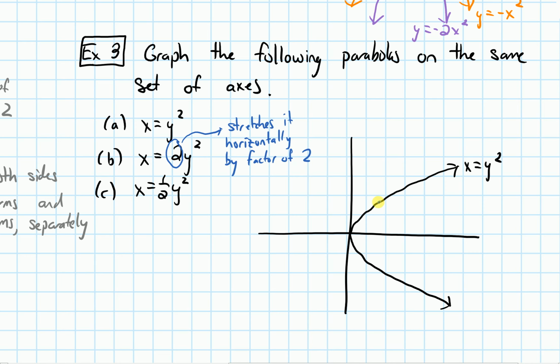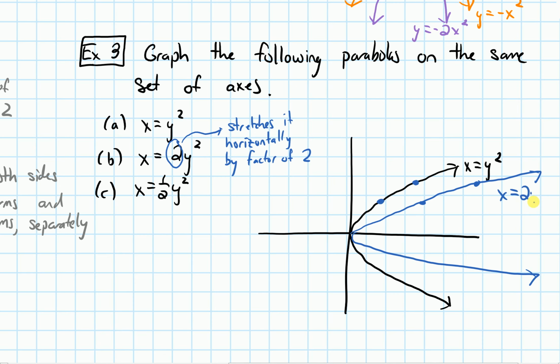If I look at a point on my parabola, the x coordinate is now going to double. So that would put the x coordinate here. And if I look at a point a little bit further, its x coordinate is going to double. So that would be maybe here. And if we start to connect these, we get a narrow sideways parabola. And that's the graph of x equals